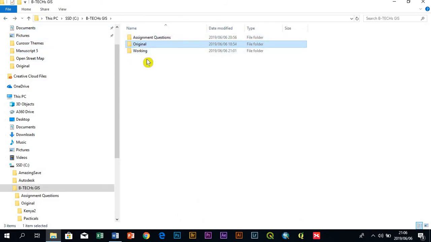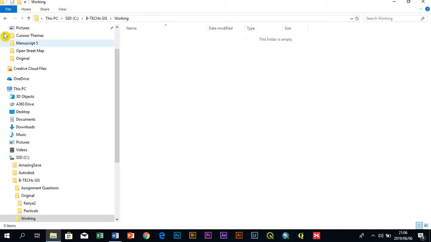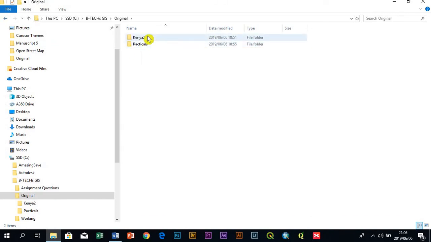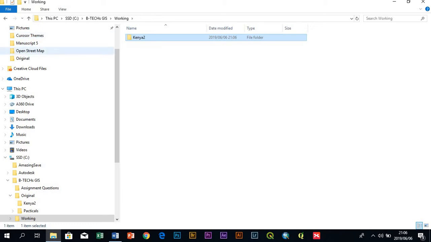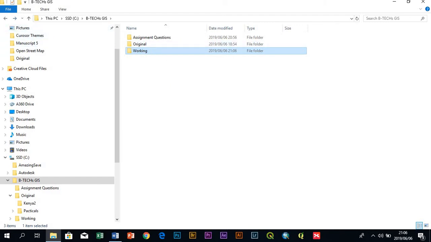So the reason why I save it into two folders is because in the previous assignment, some of you encountered challenges where by mistake you deleted an original feature or a particular feature on the original shapefile, and then therefore that required you to get a new folder altogether, a new shapefile altogether. So peradventure you maybe by mistake delete one, you can actually have a backup. So what you do is you go back to your original folder and then you copy it into your working folder. So peradventure maybe delete something in your original Kenya folder, you can always go back and recopy the original one. So now with that out of the way, we can now go to our data management software, which is